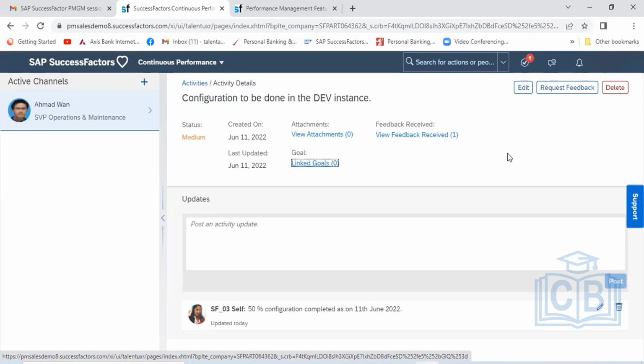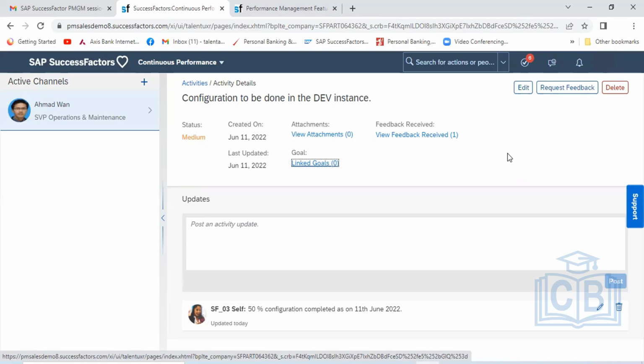Okay, take some feedback. Even in the manager section you have an option of coaching. If the manager specifies that some coaching is required for an employee working on this task, he can mention the details in the coaching section. That also comes under the manager when the manager goes into the CPM. So mainly it lies between activity, achievement, and feedback.